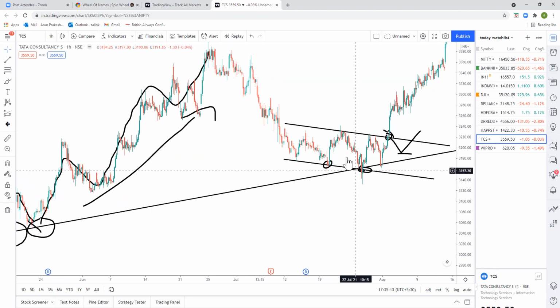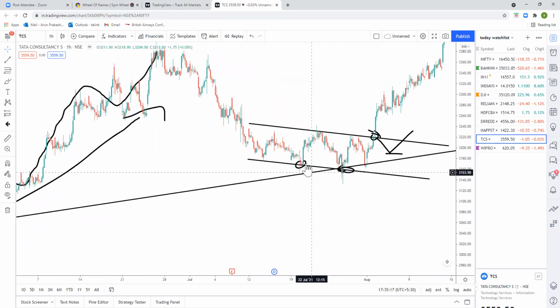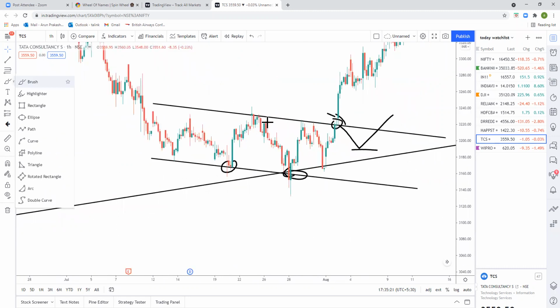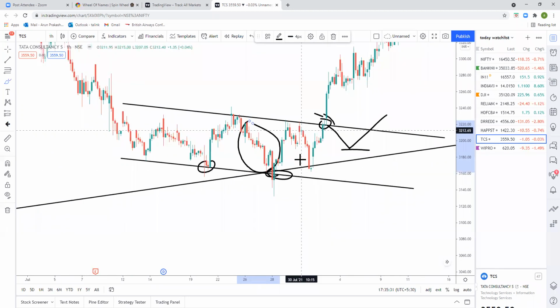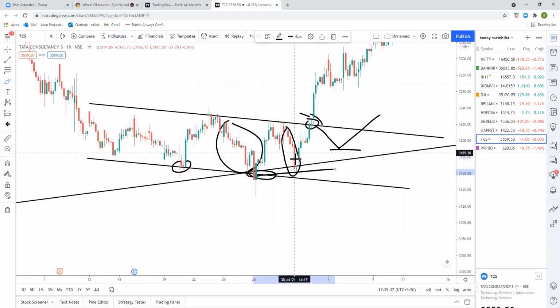If I see some huge bearish candles continuously at the support, or while it is coming down to the support, I am getting huge bearish candles instead of these small candles. If I'm getting something like that, huge bearish candles, I would say this is actually a bearish momentum in TCS. It has held on to this, but it is actually a bearish momentum. So in these cases, I would prefer to enter here because after this trend line breakout is where TCS will